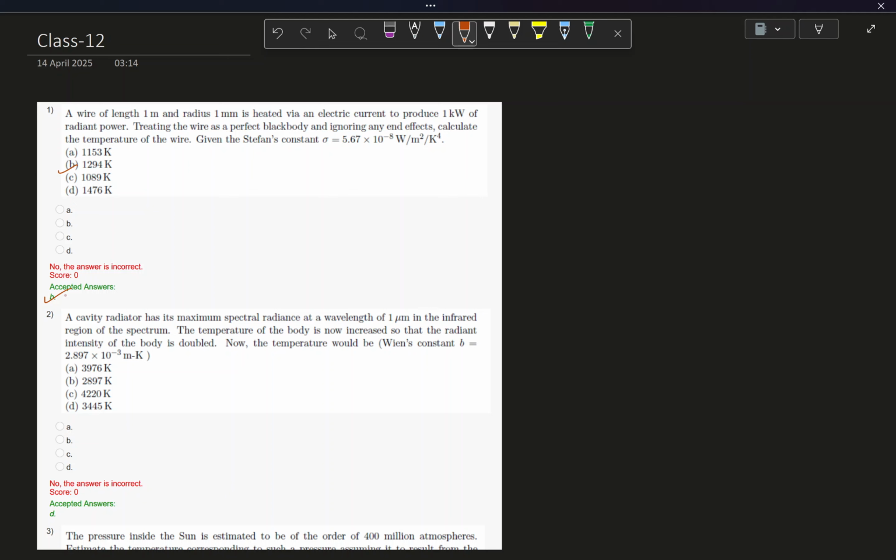1 micrometer in the infrared region of the spectrum. The temperature of the body is now increased so that the radiant intensity of the body is doubled. Now the new temperature would be how much? So in this case you see there is a cavity radiator, so there is a black body radiation sort of a thing going on,